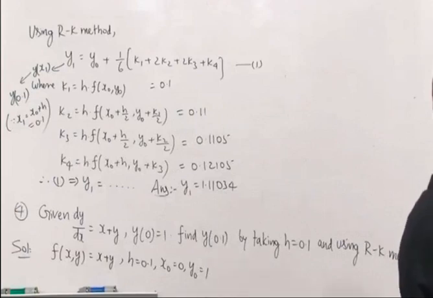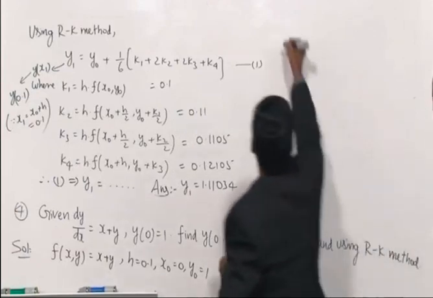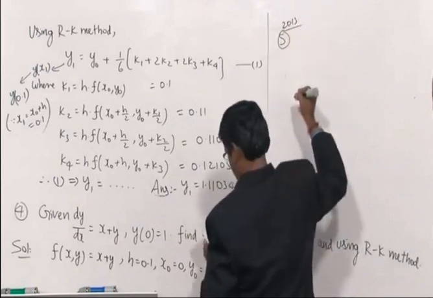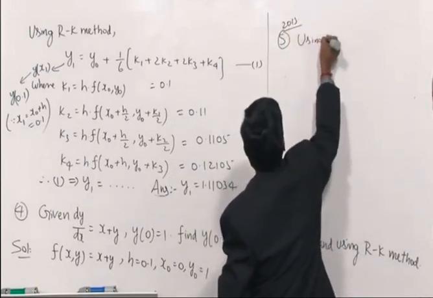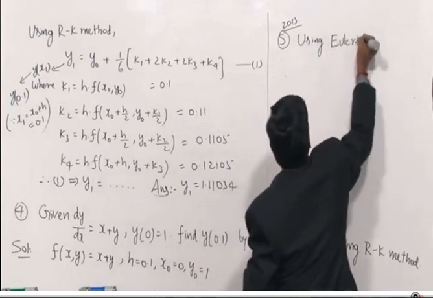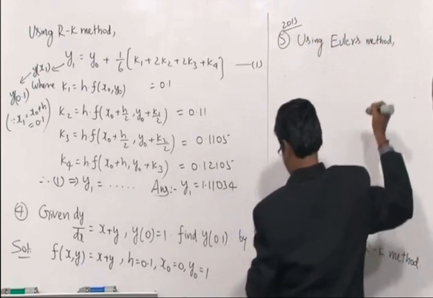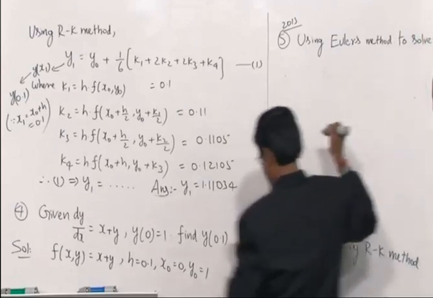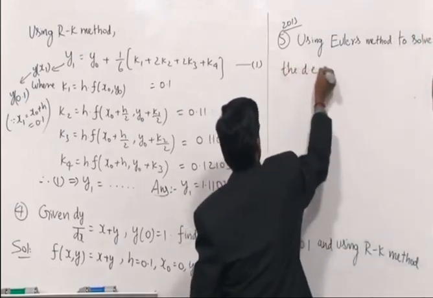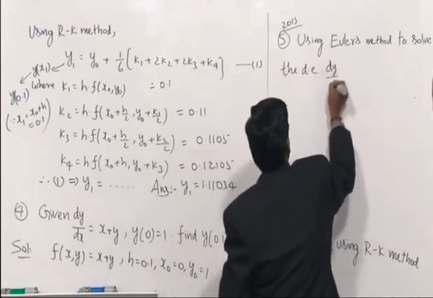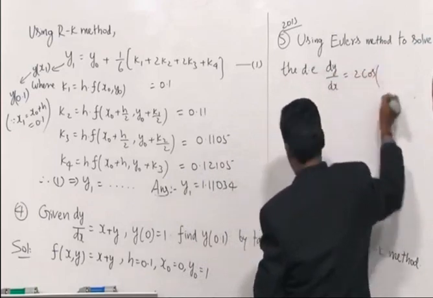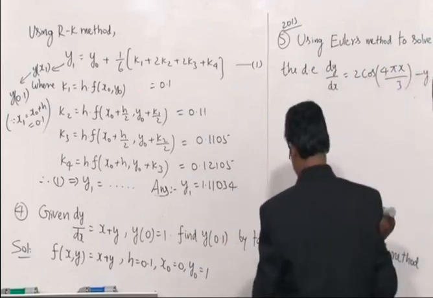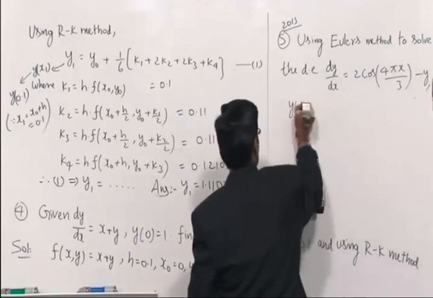And one more problem I am giving you. Fifth problem, which is given 2013, using Euler's method, to solve the differential equation, D stands for differential equation, dy by dx is equal to 2 times cos 4 pi x by 3 minus y, comma, y of 0 is equal to 1